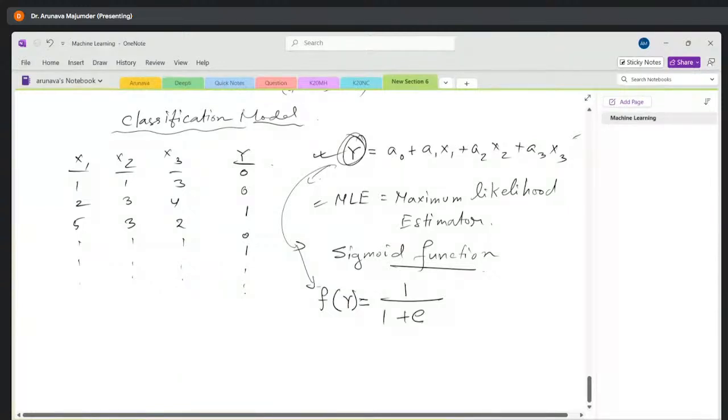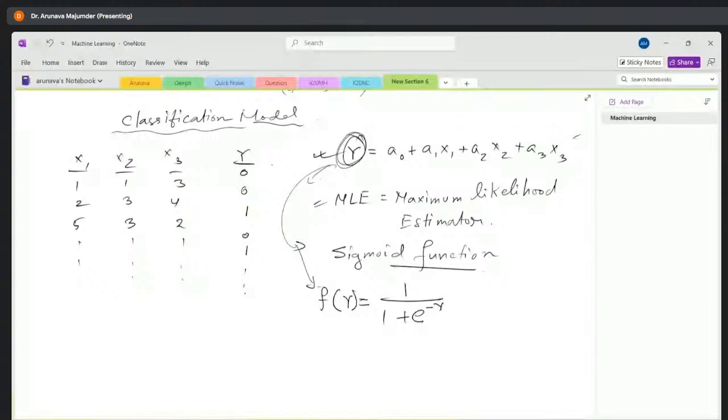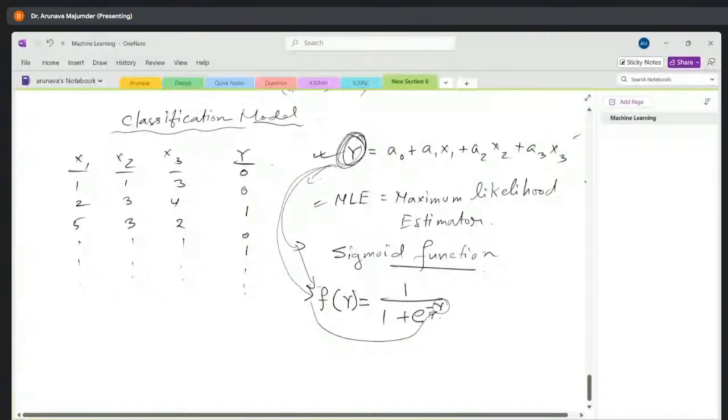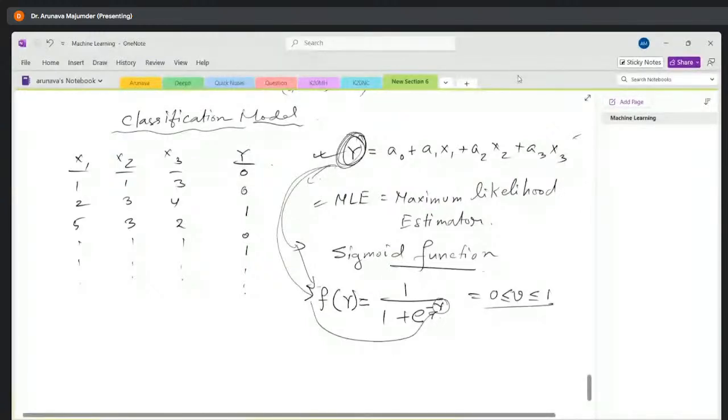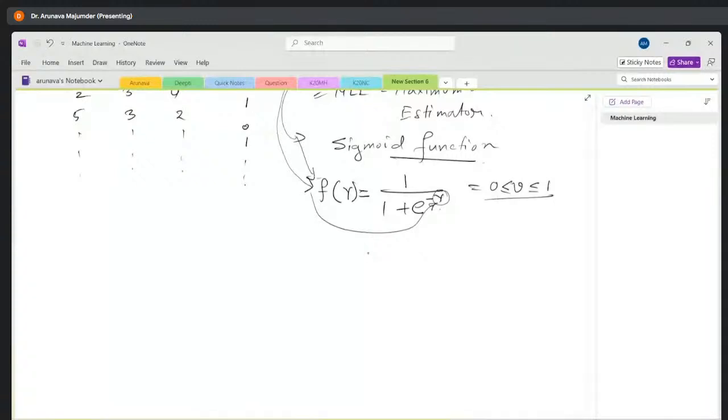So whatever value of y we get, we will pass through here in this function, and we get some value. Let us suppose it is v, and of course this v will be between 0 and 1. And the curve of this f(y) function, that is the sigmoid function, is